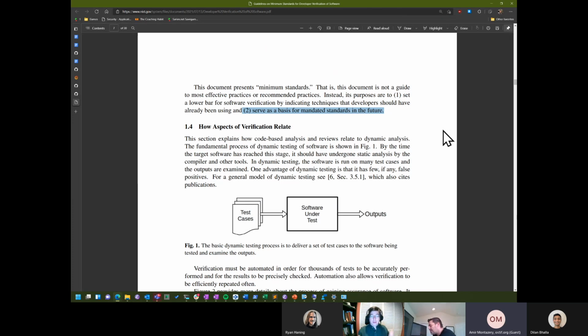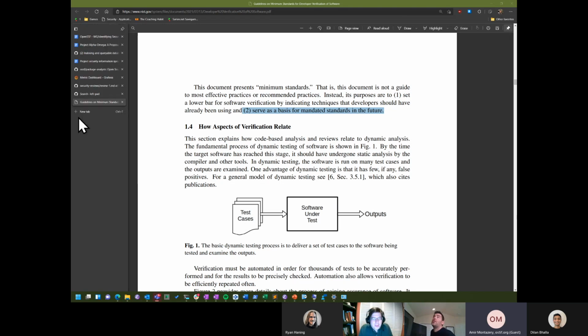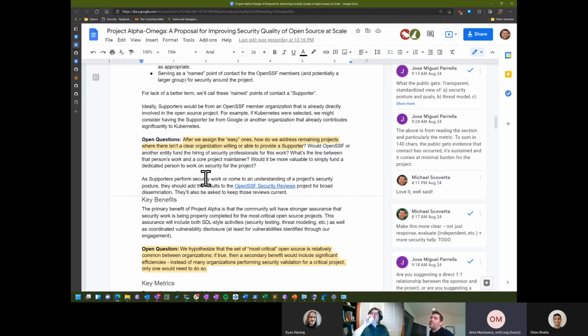However, I think many large organizations have exactly the same problem as the U.S. government in the sense that they're using a lot of software, they vitally depend on it, and they don't know which ones they should worry about. So when the U.S. government works hard and comes up with something, it may be great, it may be awful, but at least they thought hard about it. And a lot of other organizations aren't going to put that kind of effort into it. Exactly. Which is really where I see Alpha Omega,